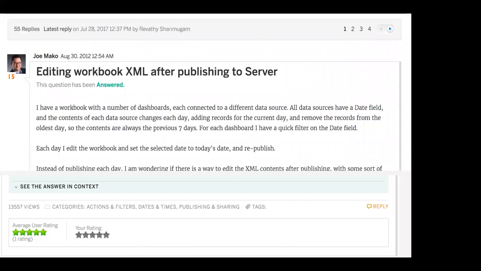So this whole idea of editing workbook XML after publishing to the server, this whole thread started, I don't know, 5 years ago when Joe Mako asked the community how we can edit the workbook XML after publishing. And for him, it really was to change a date field. But the concept is the same. You can definitely go to the server and change the XMLs on the server, change the init SQL, change the connection information. You can actually do mass modifications without using any REST API or